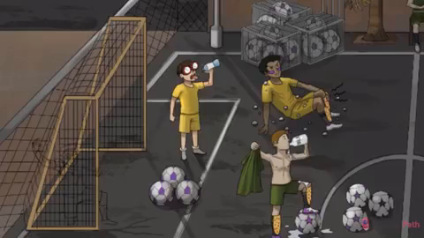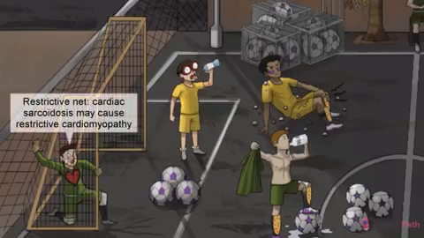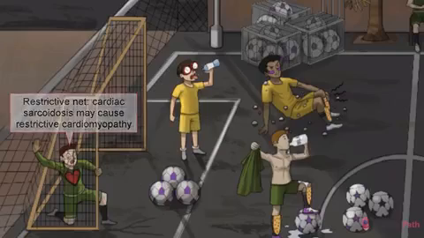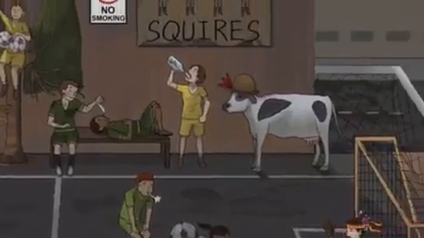How about cardiac sarcoidosis? Although usually clinically silent, it can manifest as various types of conduction disease, arrhythmias, and myocardial damage. Endocardial thickening and non-compliant ventricular walls can sometimes cause a restrictive cardiomyopathy, represented here by our helpless goalie, who does look a little restricted in that net back there. Check out our cardiomyopathy Scottish game sketch for all the clinical manifestations of restrictive cardiomyopathy.